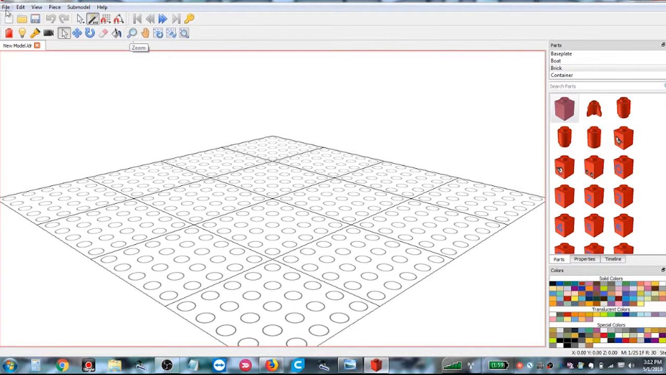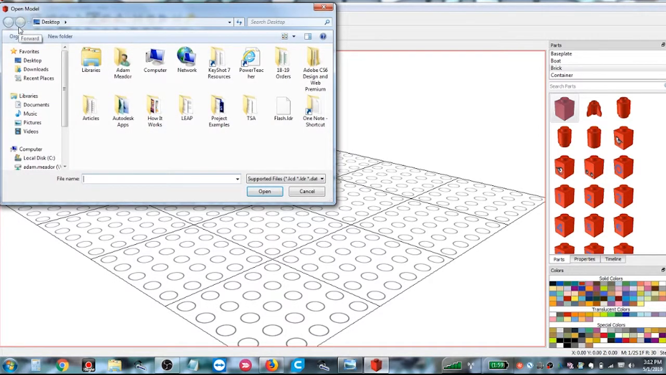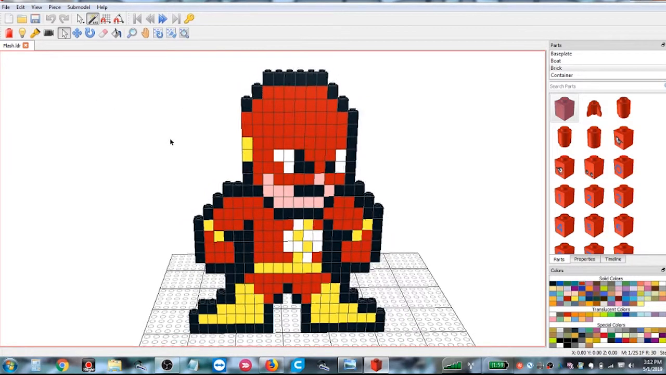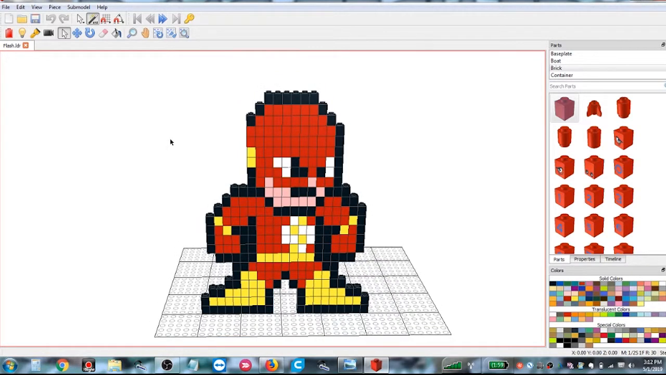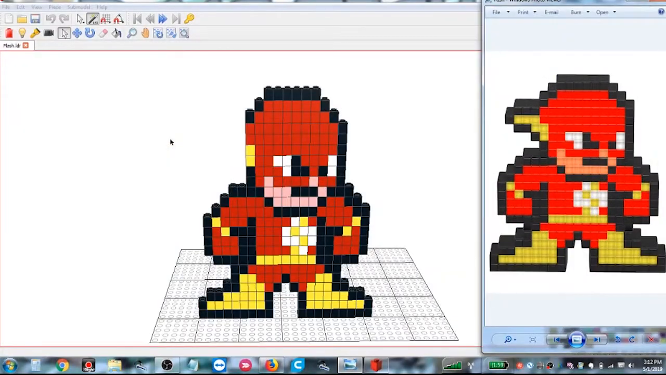The best way to open something up is go to File, go to Open. I saved my document on the desktop, and there it is. It's called Flash. I'm going to open this up. Now I'm going to use the scroll wheel on my mouse, and this will let me zoom out a little bit. So I am in the process of building some Flash pixel art right here,